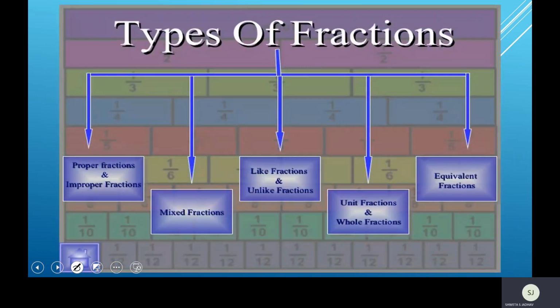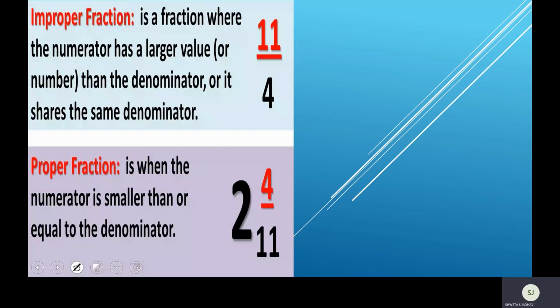And in fractional numbers, we have different types: proper fractions and improper fractions, mixed fractions, like and unlike fractions, unit and whole fractions, and equivalent fractions. Let's see these types one by one. First, let's go with the improper fraction. An improper fraction is a fraction where the numerator has a larger value than the denominator,